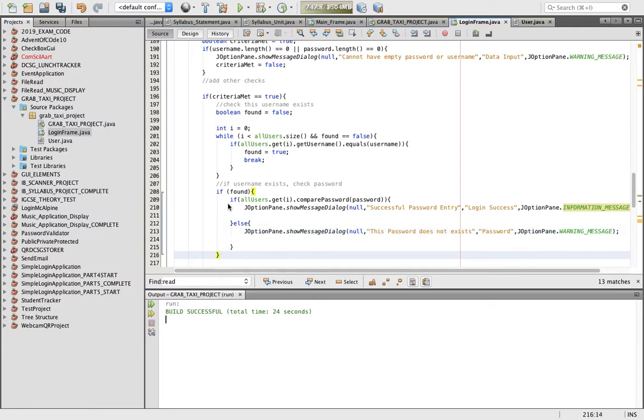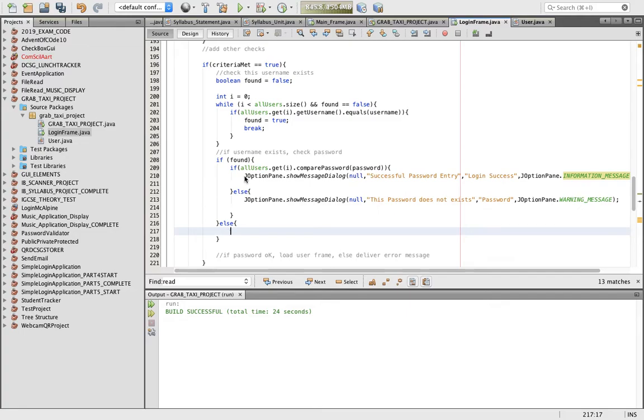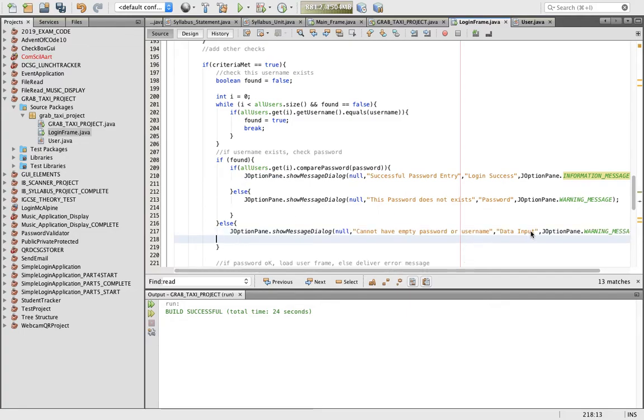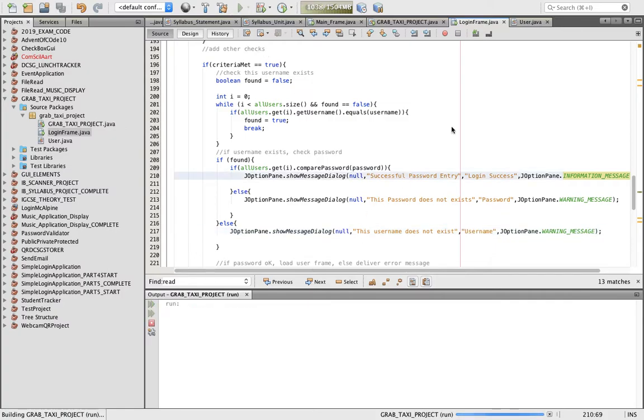Now you could also go back to that if and say else. That means it's obviously not found, and we'll put another option message out there and say username, and say this username does not exist. And if we run it and try a few of these options,